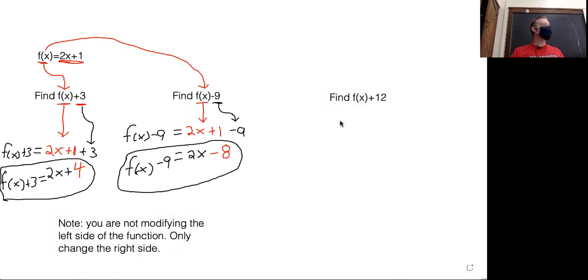All right, so I've got a problem for you all to work out. Hopefully these are making sense and hopefully this isn't too difficult, but I want you all to try this one out here. I want you to find f of x plus 12. All right, so just like the other ones, we're going to replace f of x with 2x plus 1. The plus 12 is going to stay the same. And we have f of x